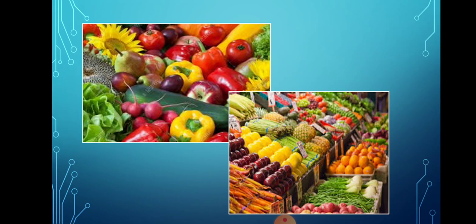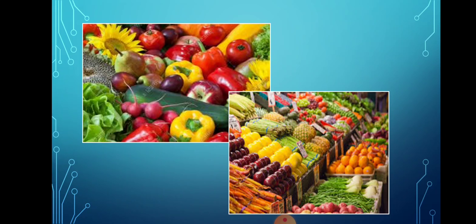So we'll again come back to the picture that I was talking about, in which the left hand side picture shows you the scattered scenario of all the fruits and vegetables, and on the right hand side you can see that all of them are arranged in a proper manner. If things are arranged in a proper manner, it is easy to find and locate them. If we only need oranges in the fruit market and they are kept properly, you will be able to pick them up and buy them. If they are scattered here and there, you will have to search everywhere. So it's better that things are kept properly in place.